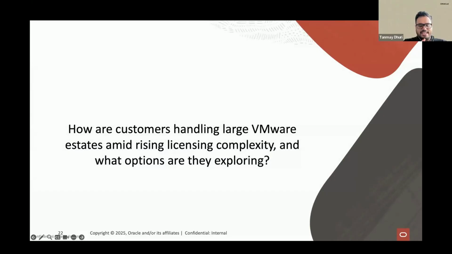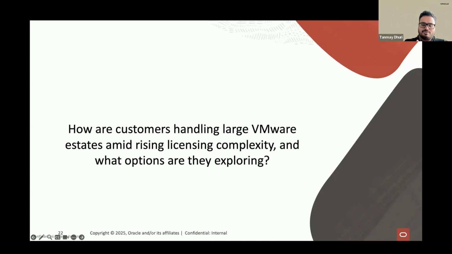Well, Santosh, if we take a step back and look at the VMware estate as well, it's more to do with a habit forming exercise. VMware's presence globally and its existence for so long has made people so comfortable with that whole deployment environment that they were hesitant to change in the first place. However, when Broadcom